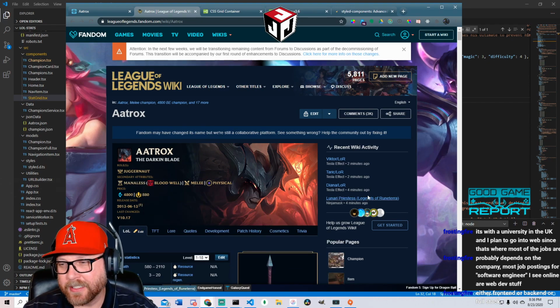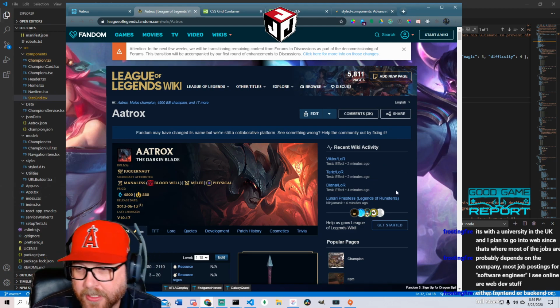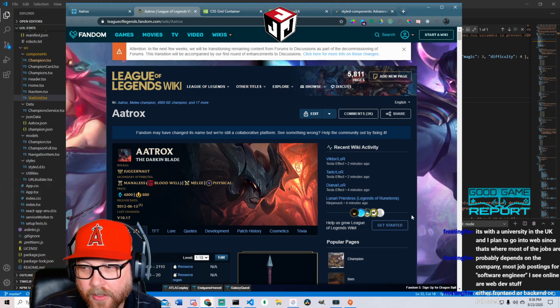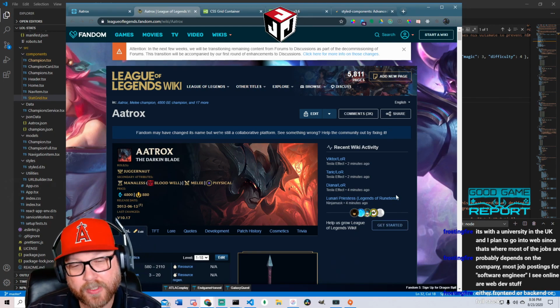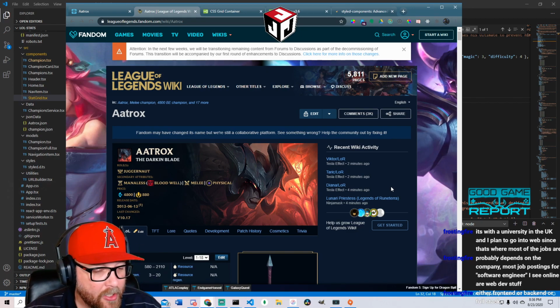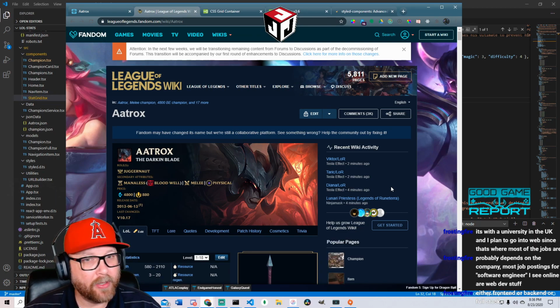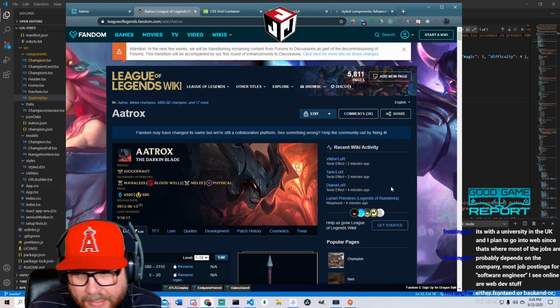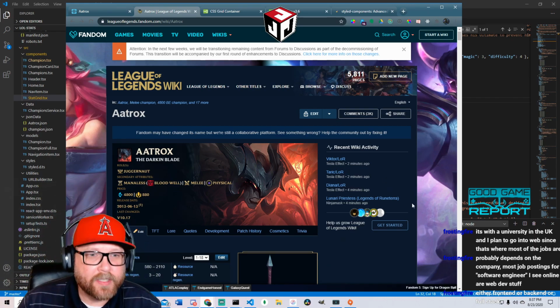All right, so I gotta figure out how I'm gonna display this. Probably depends on the company. Most job postings for software engineer I see online are web stuff, either front end or back end or full stack. There's a lot of web out there. The web is huge. Android is huge. There's like 1 billion Android devices everywhere. There's a lot of iOS devices too. I guess it depends on what's in the area.